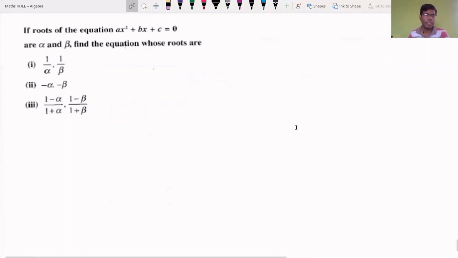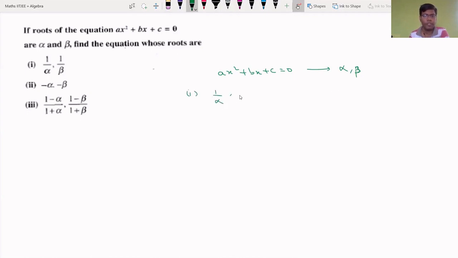So the roots of the equation ax square plus bx plus c is equal to 0 are alpha, beta. Find the equation whose roots are 1 by alpha and 1 by beta. Of course, there are 3 different bits which he is asking us to find. So basically, there is a given equation, that is ax square plus bx plus c is equal to 0. This has the roots alpha comma beta. Now he's asking us to find the equation whose roots are, the first one is 1 by alpha and